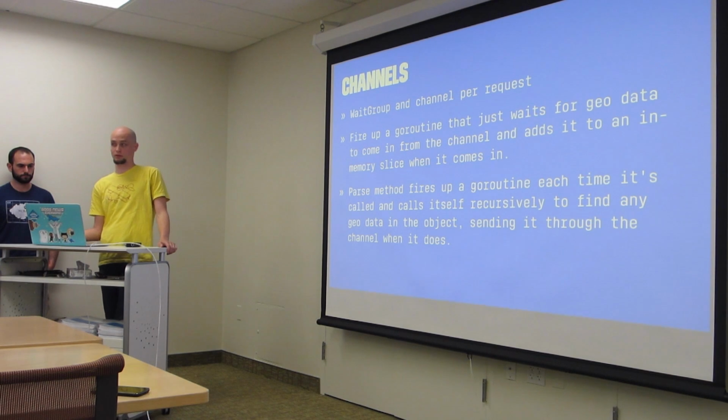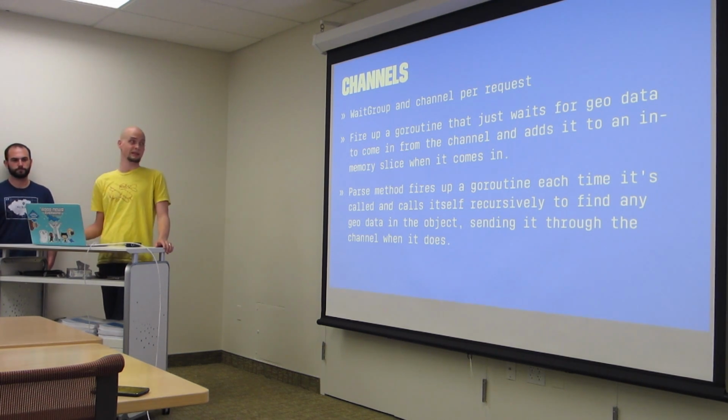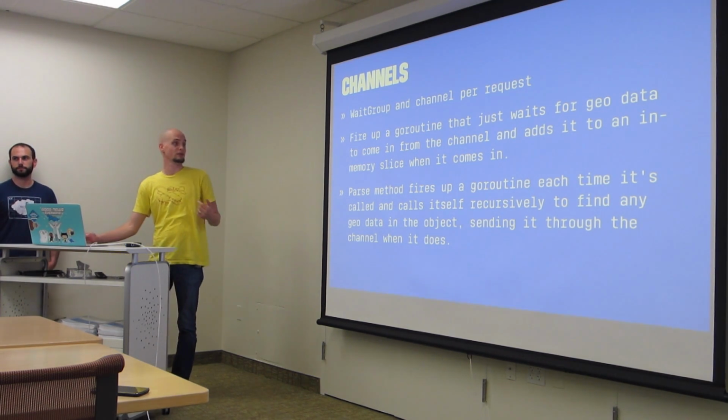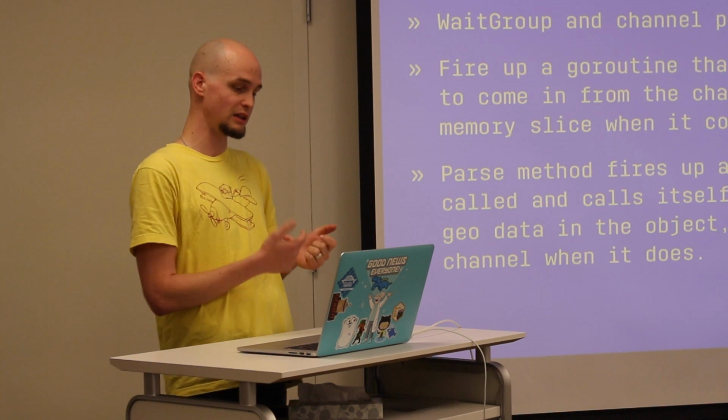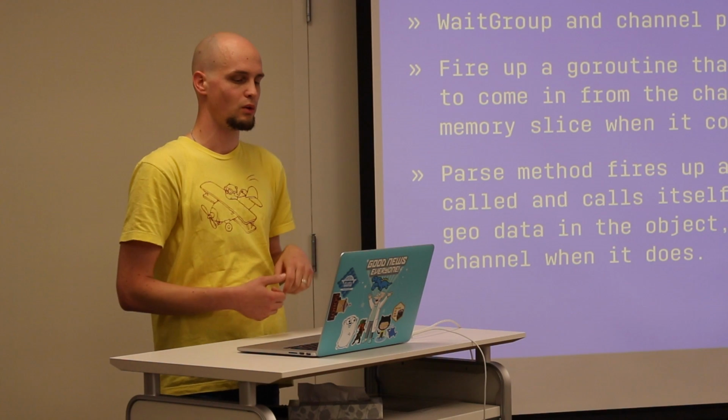So that was the basic overview, but the minutia details of how we did this, as I was saying, we do it all concurrently. And so the first thing we thought to do was put some channels on it. We had this GeoBin request object that got created with every request that we received, and that object had a wait group and a channel. And we would then fire up a go routine that listens on that channel, and any geo that was passed into it or came out of it would